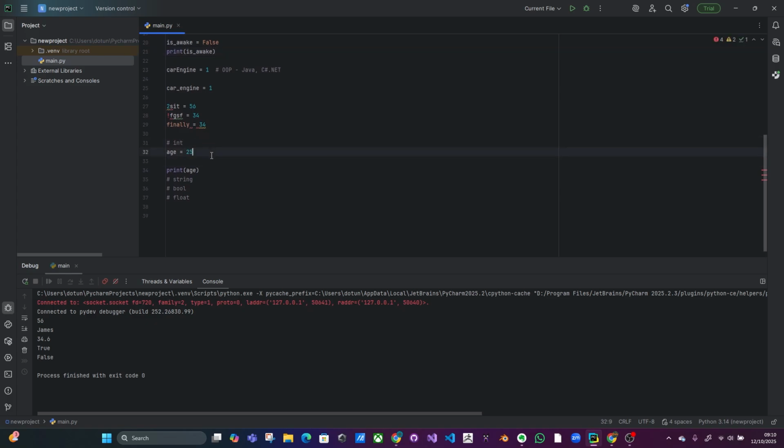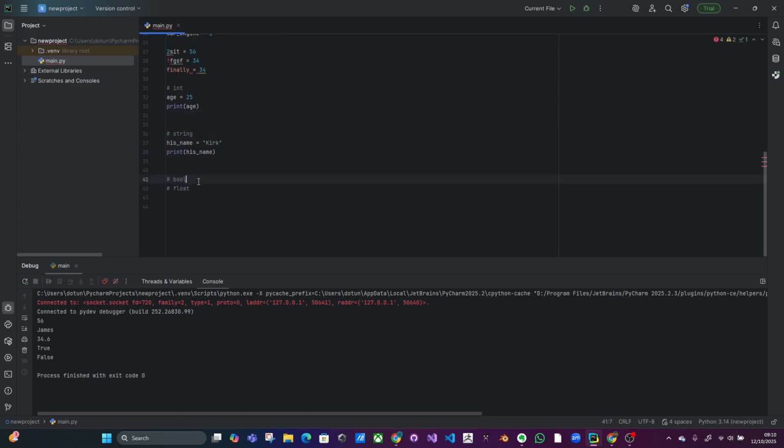It has no dots, no zeros, so it's important because the system differentiates between ints and other numbers that don't have a dot at the end. So print age, and then for string, we've seen the string before. I come down here and I say his name, called, so it's going to print that variable out,